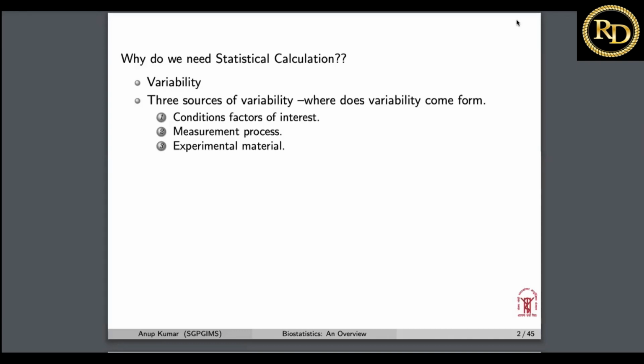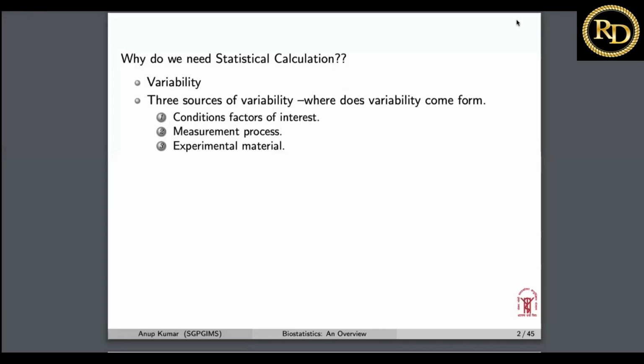Now, the variability in blood pressure can also come from the measurement process, meaning how the healthcare worker is measuring the blood pressure of the patient, what procedure he is applying, and whether he is following the strict guideline, or is just measuring blood pressure of any patient while running to his room. He should follow a strict protocol for measurement of blood pressure. Otherwise, the source of variation can also come from this.